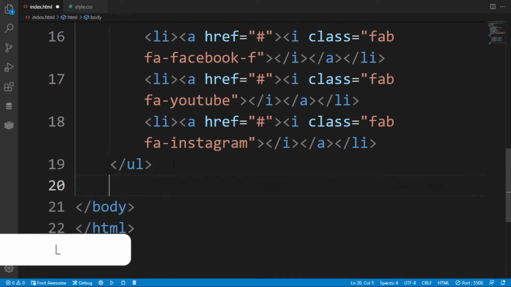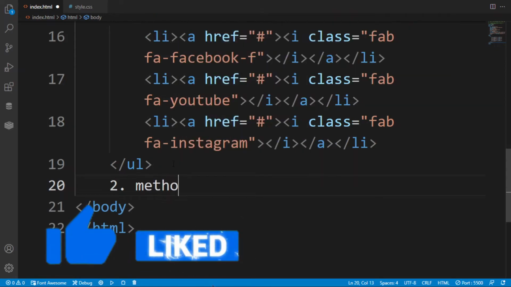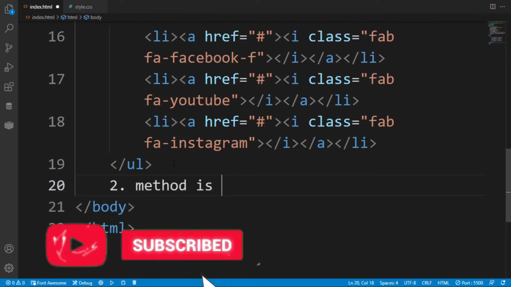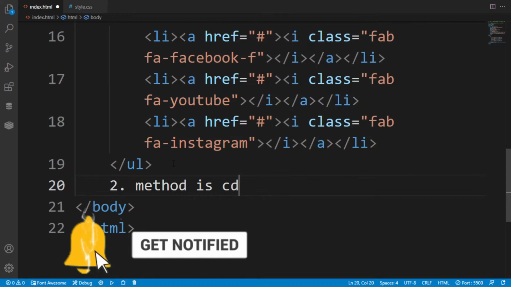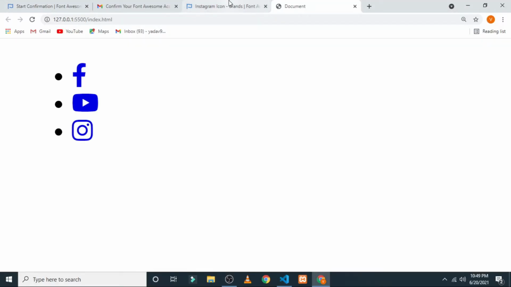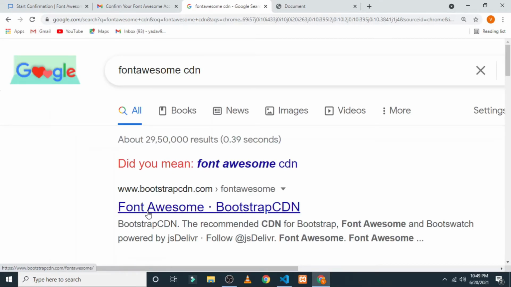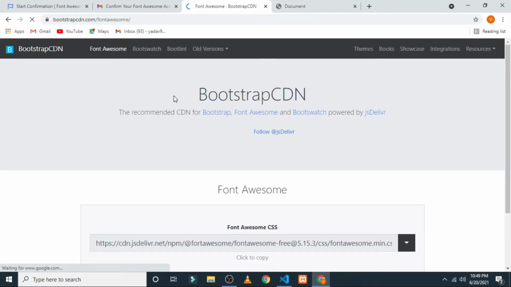Now we are going to see the second method. The first was using the kit, but in this I am using the CDN method. The second method is CDN. If you search for Font Awesome CDN, you will land on this page.